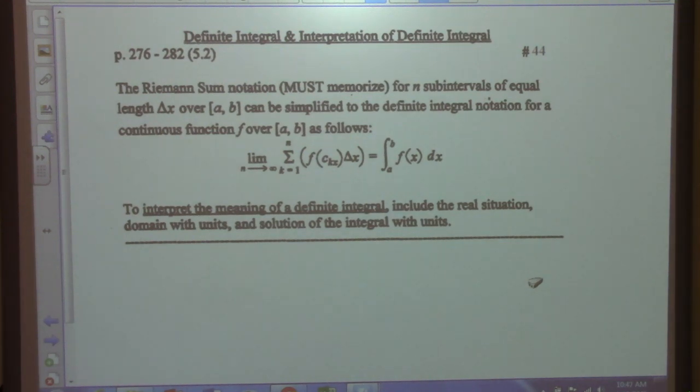Okay. Here's the other side of that page. What I can use. Okay, this one right here